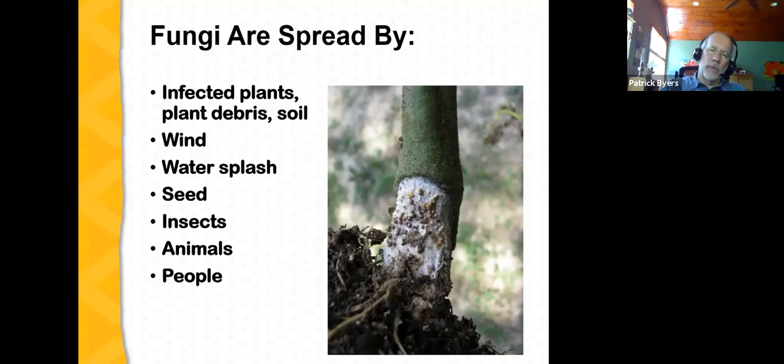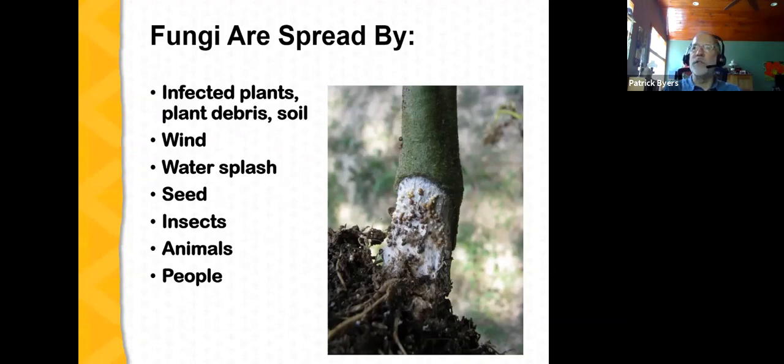There are some fungi where they develop a resting stage called a spore, which are light enough to be blown on the wind. Fungi can also be spread in water splash. This is a common way that fungi are spread from debris on the soil up onto plants. You know, for example, the driving rain or overhead irrigation can actually splash fungal bodies or fungal spores from the soil up onto the foliage of plants. Fungi can be spread on seed. There are some cases where fungal diseases are seed-borne. And particularly if the seed was improperly managed, you can actually spread the fungus when you plant the seed.